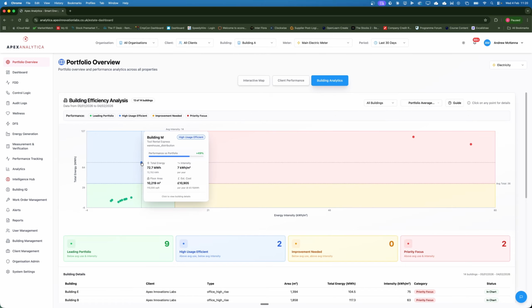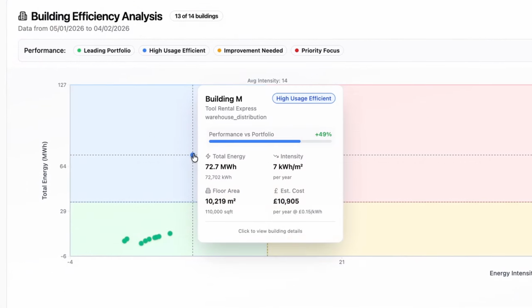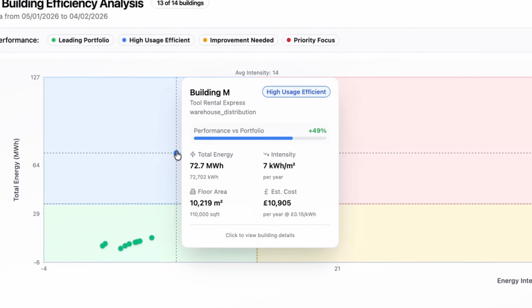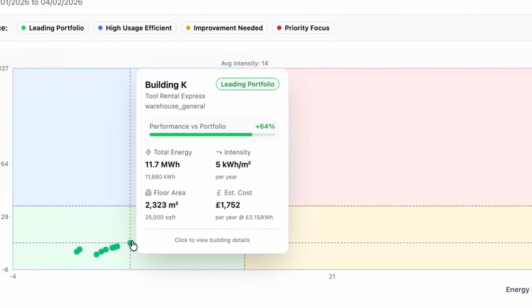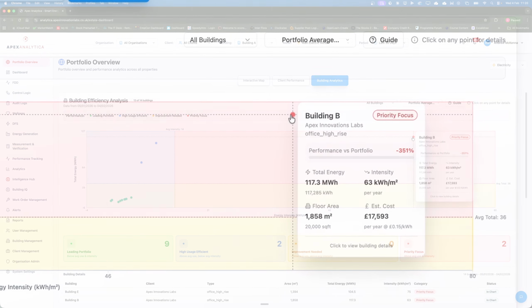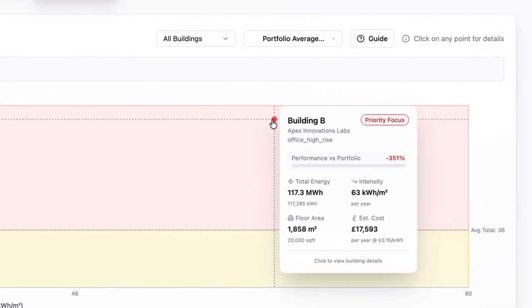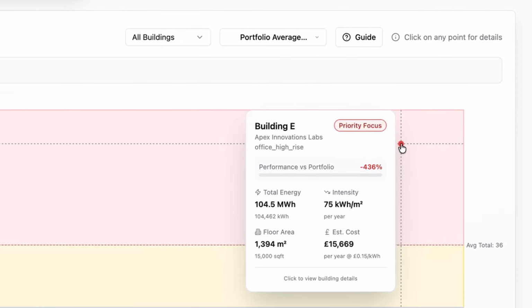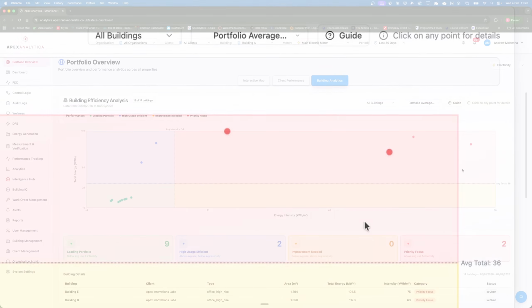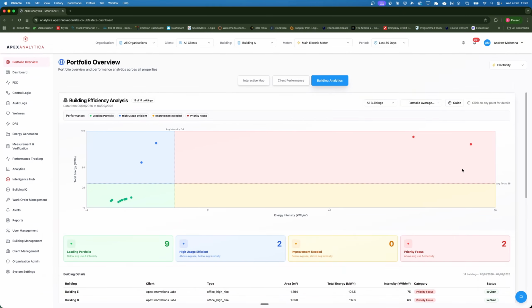And as I hover over these, what you'll see is intensity, so 7 kilowatt hours per square meter. These ones down here are 5 kilowatt hours per square meter. Over on the right hand side, that's like 63 kilowatt hours per square meter and 75 kilowatt hours per square meter. So the obvious question is, if we're measuring building by building and how much energy is given off for every square meter, it's a much